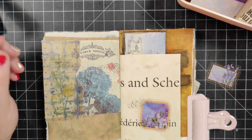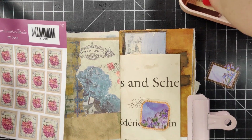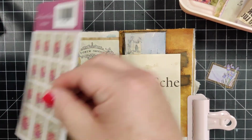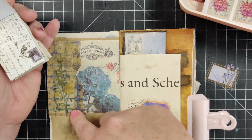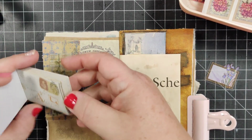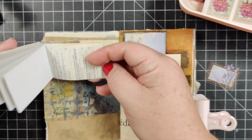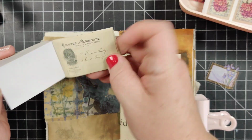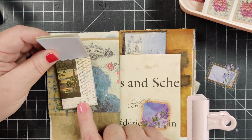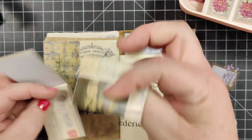So okay, let's go back to the drawing board. We've got these pretty stickers. We've got, oh, these. So we could layer even more background. Kind of keeping with the stamp theme, maybe. Ledger, letter. And the thing about these is you don't have to keep them in this rectangular shape. You could rip them however you think they might look the best. I like that one. That one's really cool. Let's take that one out. I don't know if I'll use it for this